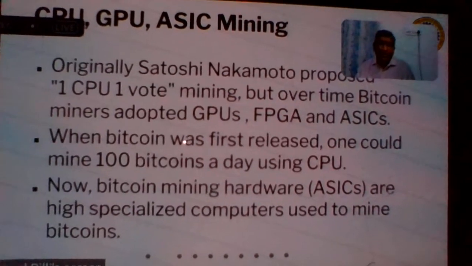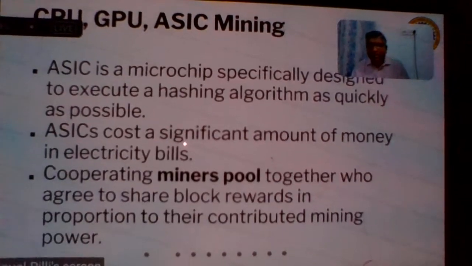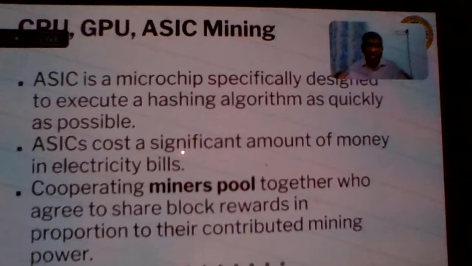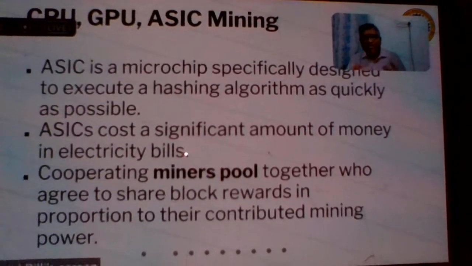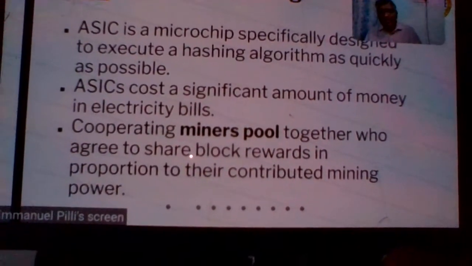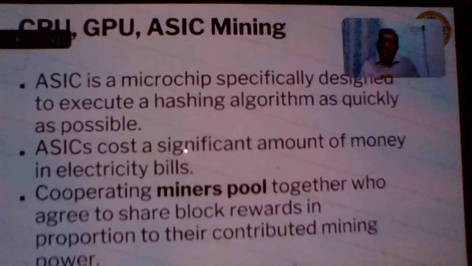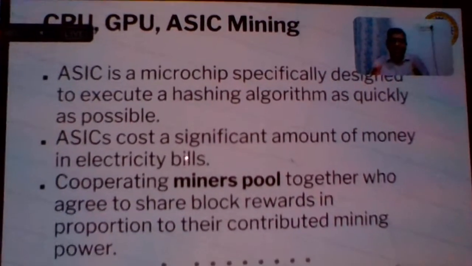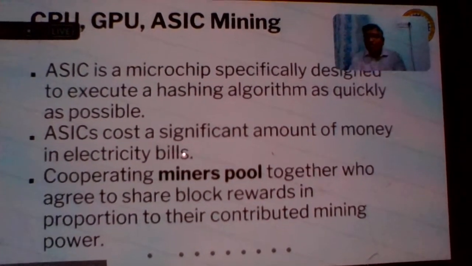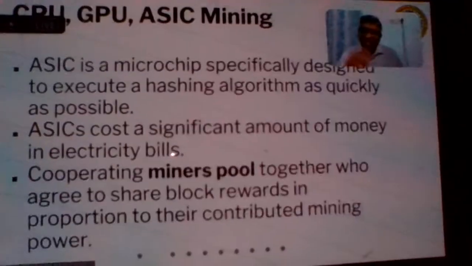So people started working on this. Now ASIC mining has started. A lot of people started building ASICs, and ASICs need huge computing resources. A lot of power is consumed, and hence there are a lot of electricity bills. So mining pools got together. People got together as pools, put the ASICs together, the computing power together, the electricity together, and then they started creating blocks. According to the power they contributed, they could get their share of the profit, right? So that's what was done.